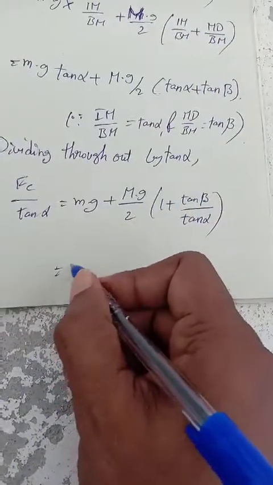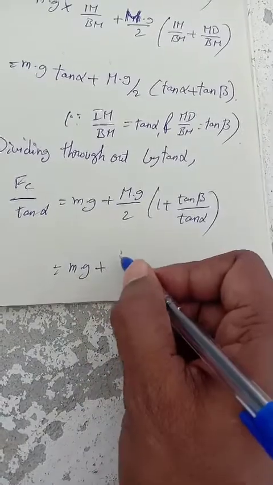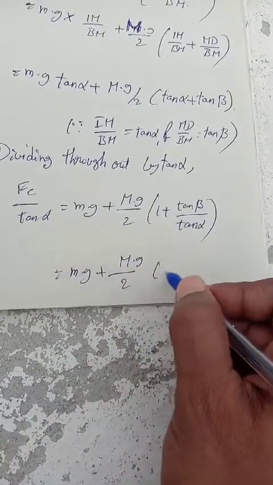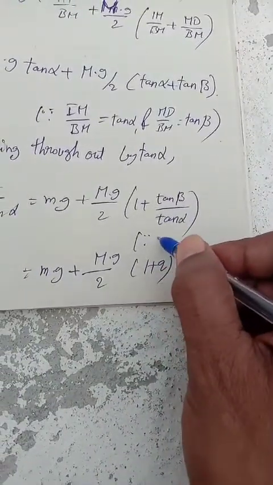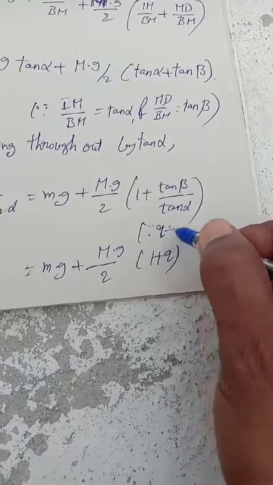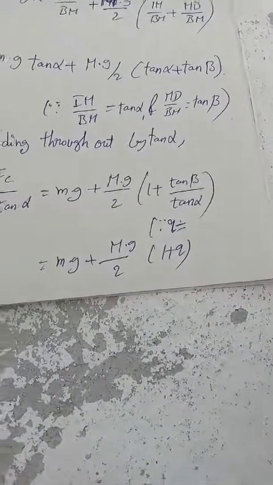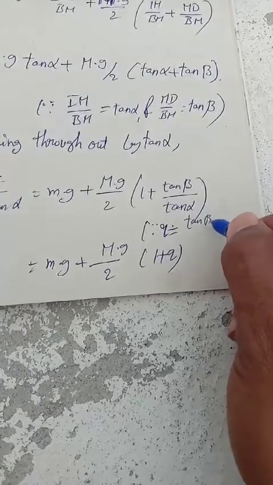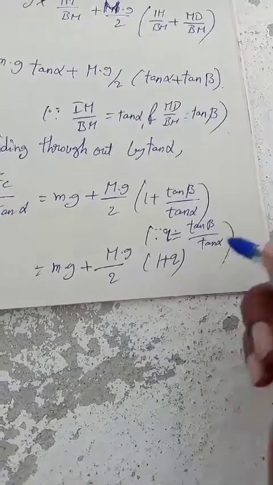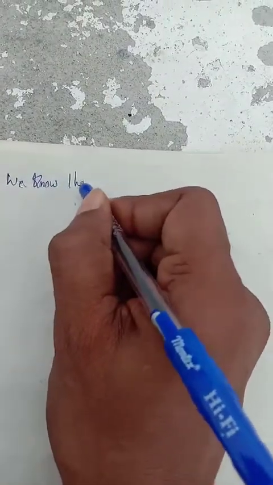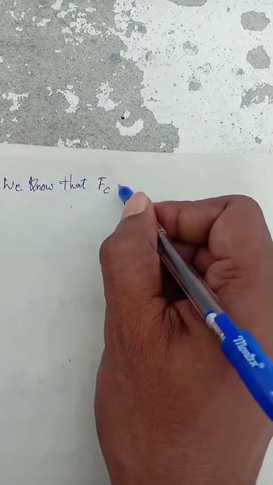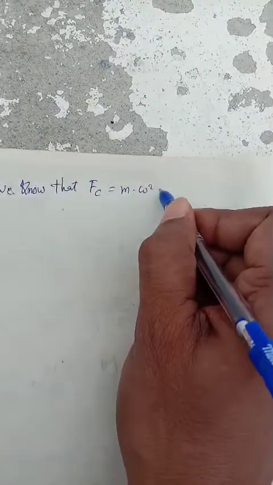So this is equal to m into g plus capital M into g by 2 into 1 plus q. Here, q is equal to tan beta by tan alpha, in the previous method also we took it like this. And now we know that FC is equal to m into omega square into r,